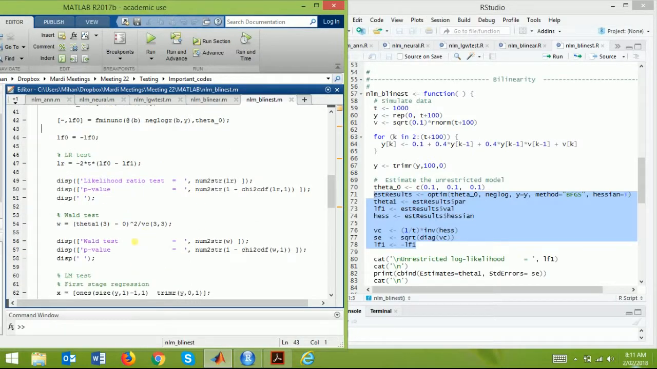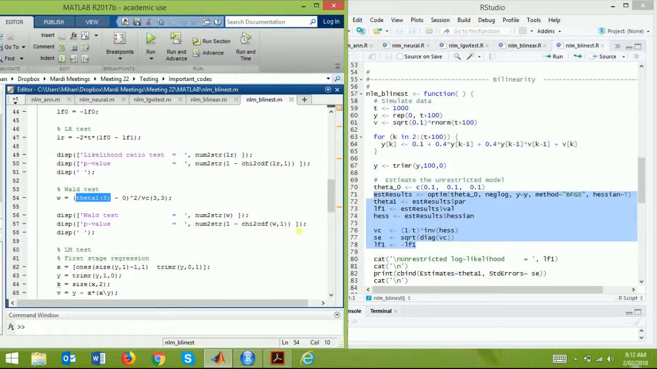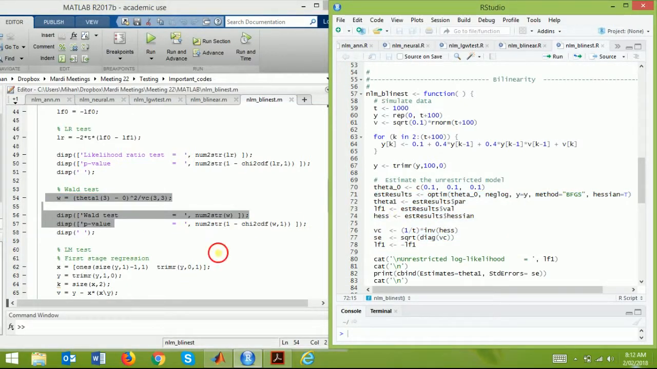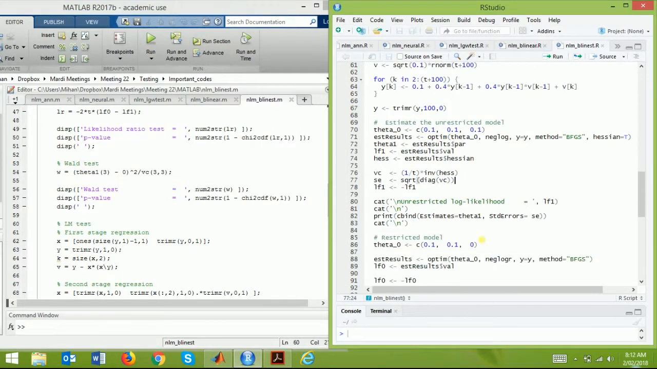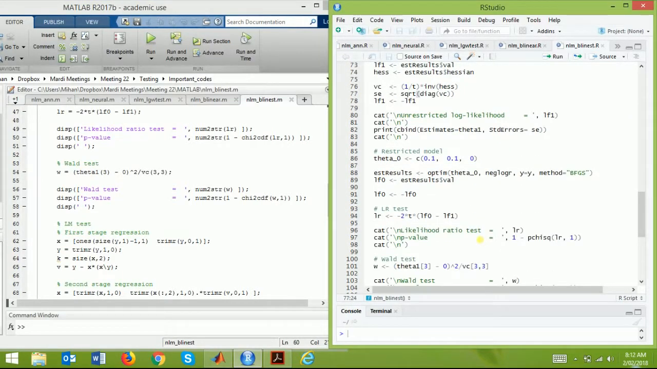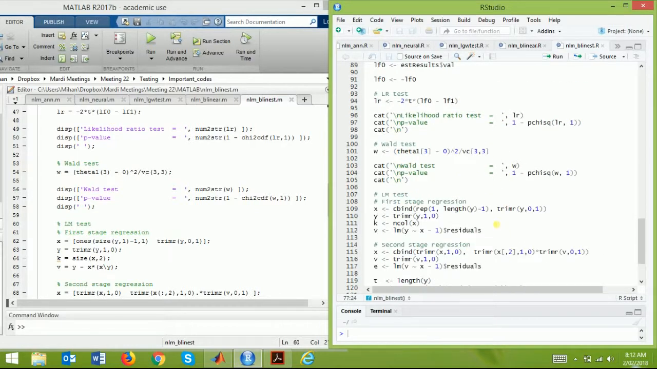The LR test and Wald test, I think is the mean. Phi, we have phi, you have gamma, we have the mean, you have the variance. Yes, the mean divided by the variance-covariance 3 by 3. So we have the p-value of the Wald test, and then we have the LM test. Okay, and the first stage regression of the LM test, so the first stage regression for the LM test